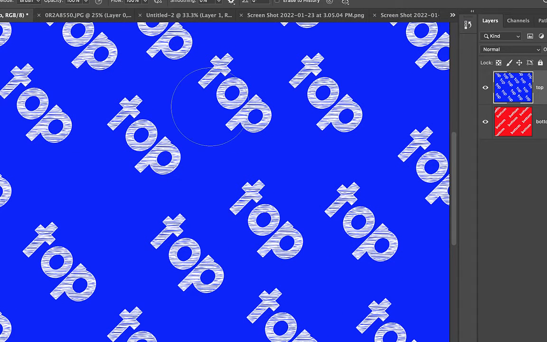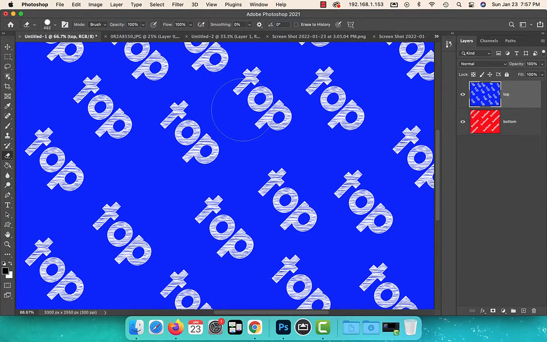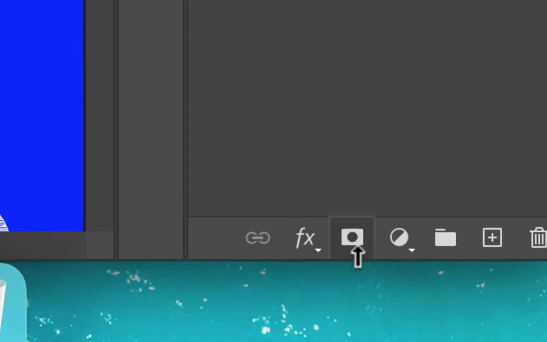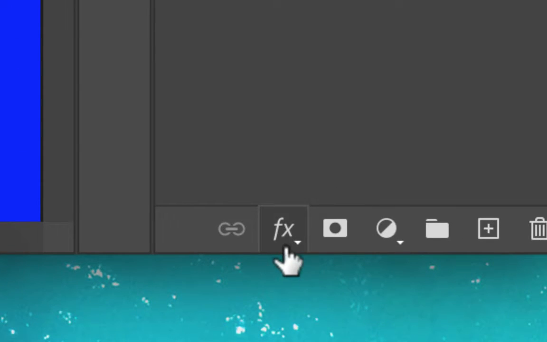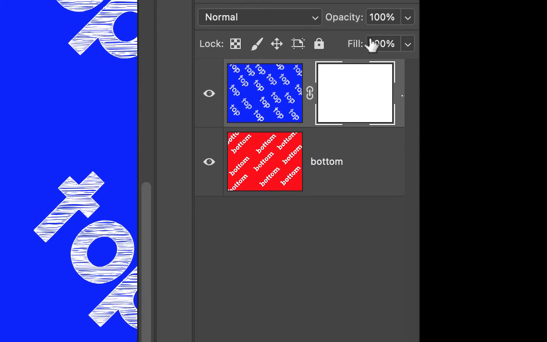So we're going to learn something new and exciting. You guys definitely want to pay attention. And so here is what's going to happen. I'm going to draw my attention to the bottom of the layers palette, and to the right of the effects tool, we've got this little icon right there, that little square with the black circle. It says add a layer mask, and when you left click it, you'll notice that this white box appears